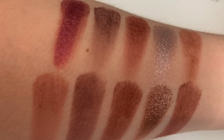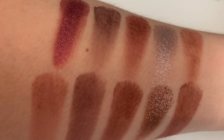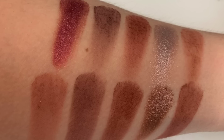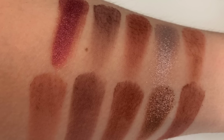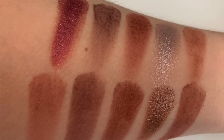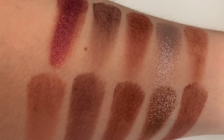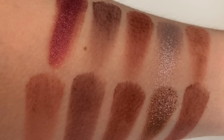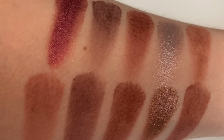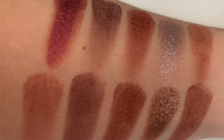As you can see, both palettes have a concealer base in the bottom left-hand corner. I haven't actually swatched that, but you can apply that with your finger or with a brush just to make the shadows pop a little bit more, or you can carve out a cut crease with that to apply the shimmers too. Then you've got Hidden and Secret, Shadow and Tease, Rumour and Raw, Magic and Charmed, and Whisper and